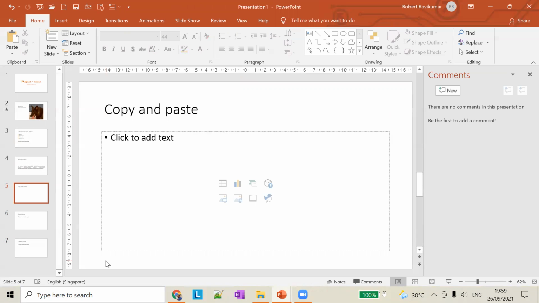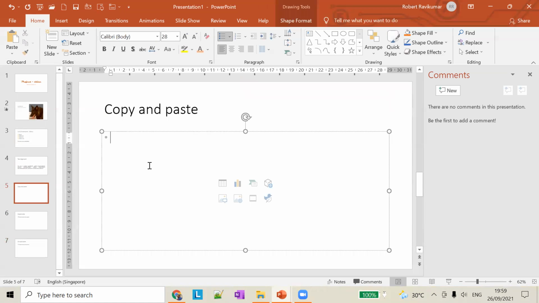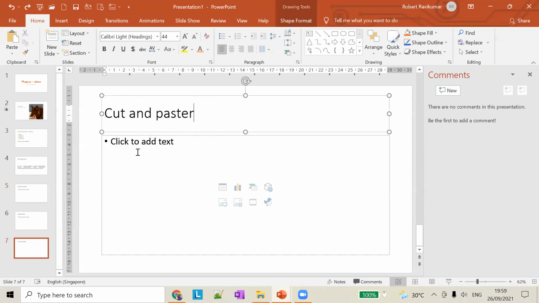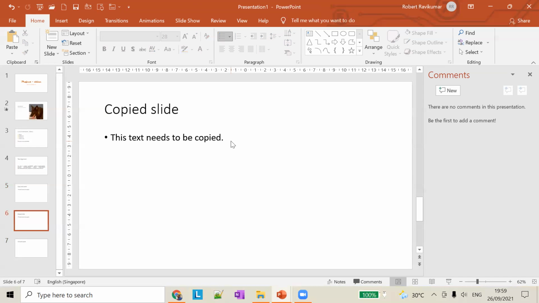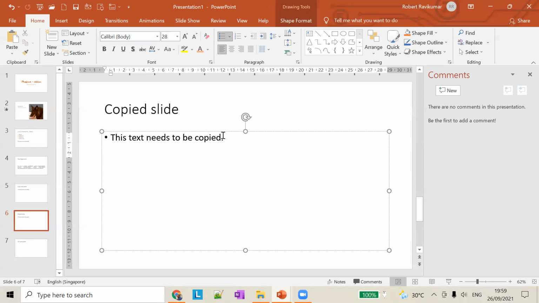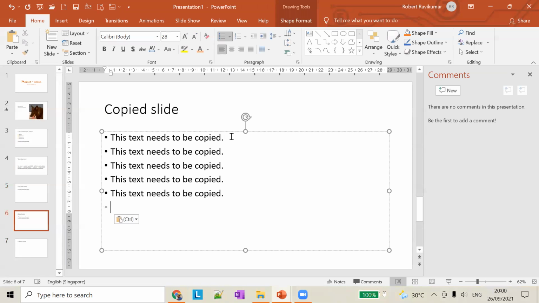So we have done cut, copy and paste using the command group available here. Instead of these, we can also do it using shortcuts. You can select the text, press Control C to copy it, and Control V to paste the copied text to the particular location.